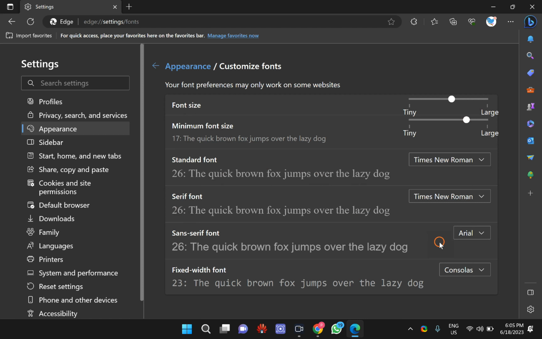and after that just close the browser and reopen and you will see the new font size